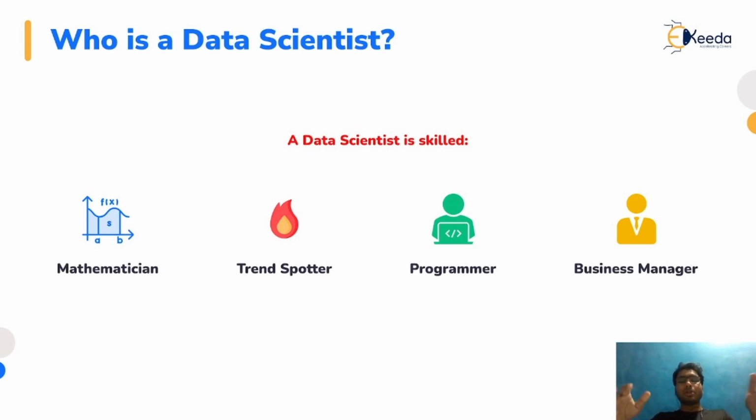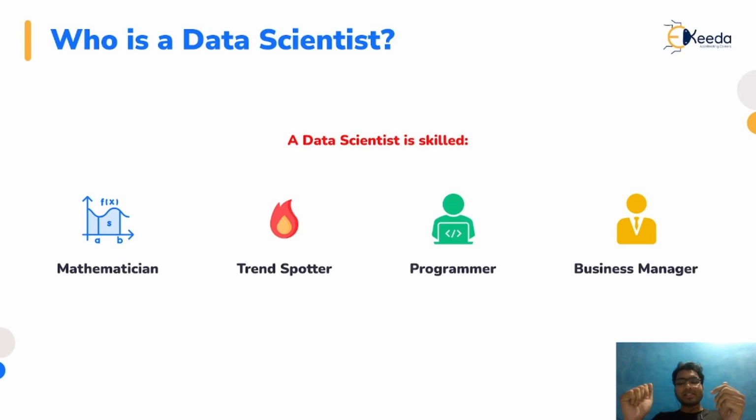Similar to this, there are very computationally expensive calculations as well, which are very complex in nature. Rather than doing them on your own, which may take days and months, a computer program can do that in seconds. That is why a data scientist should be a good programmer, so that he is able to implement whatever mathematics and statistical models he has learned in the past. That is why programming is very important.